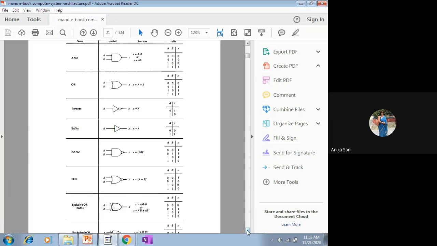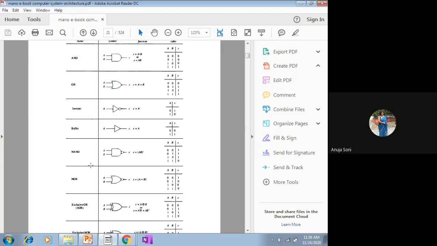Now we come to the NAND logical gate. Excuse me, ma'am. Yes, beta. Ma'am, what is the use of buffer? Actually, in some applications, sometimes we want the same value which is inputted to be generated as such as the output value. In that case, the buffer is used in those kinds of applications. You explore on the net which such applications are there, and let me know as well. Okay, ma'am. Thank you.